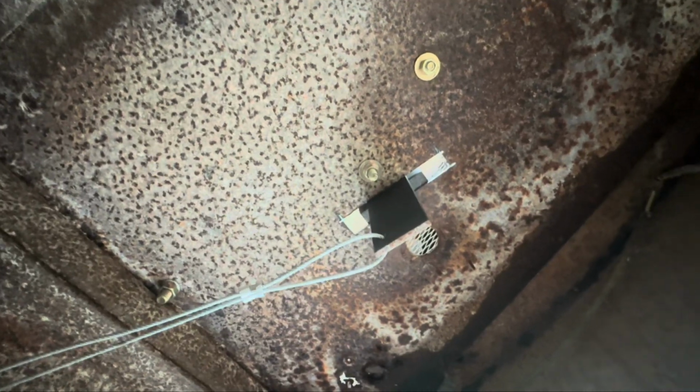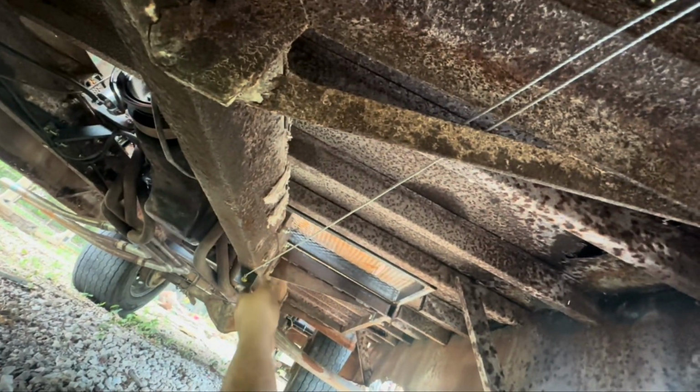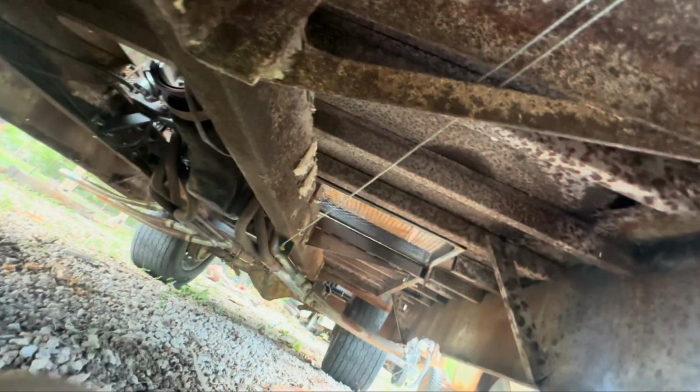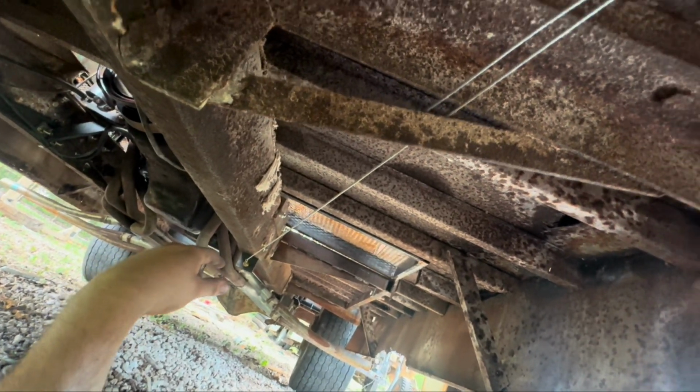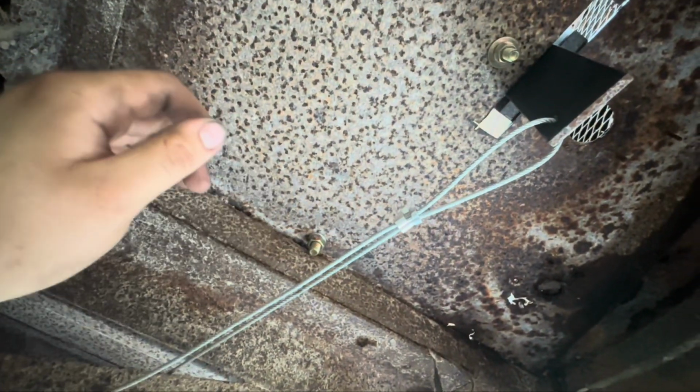All right, so I got that attached here. Got the brake handle actually bolted down. I got my bracket right there, and that goes all the way to the back cables. So we officially have an emergency brake. That's pretty cool. So now that I got that on, I'll go ahead and start plumbing the power steering lines